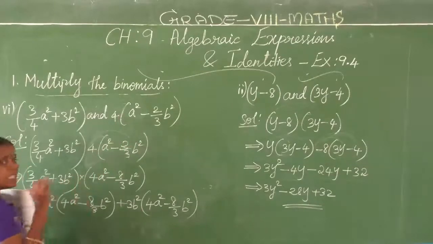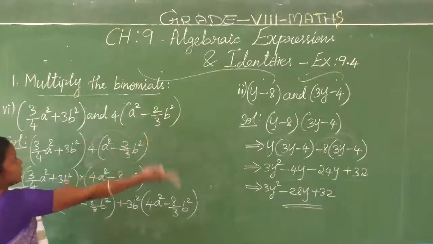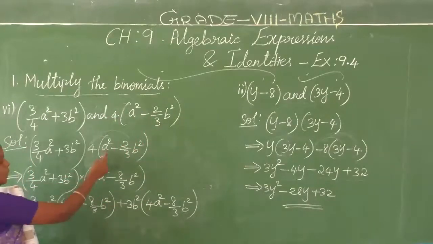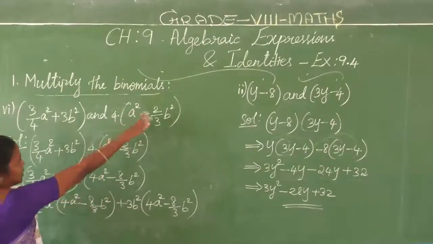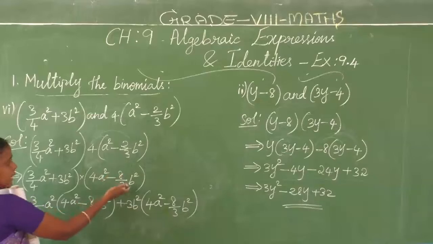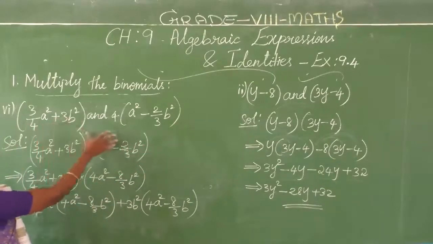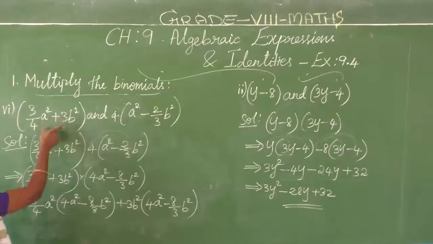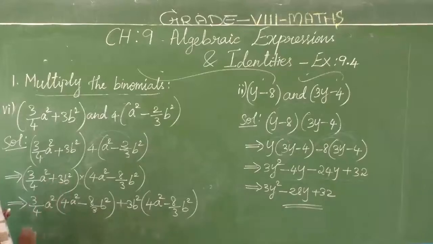How do you consider? It means multiplication. So 4 into this. First of all, take the 4 inside in product way. So 4 into a square, 4a square, plus into minus, minus 4 into that part, 4 into 2, 8/3 b square. Now this into this. Clear? First part as it is into second part. Here as usual, what to do? Take the first part, multiply with the second binomial. That time this part will come.